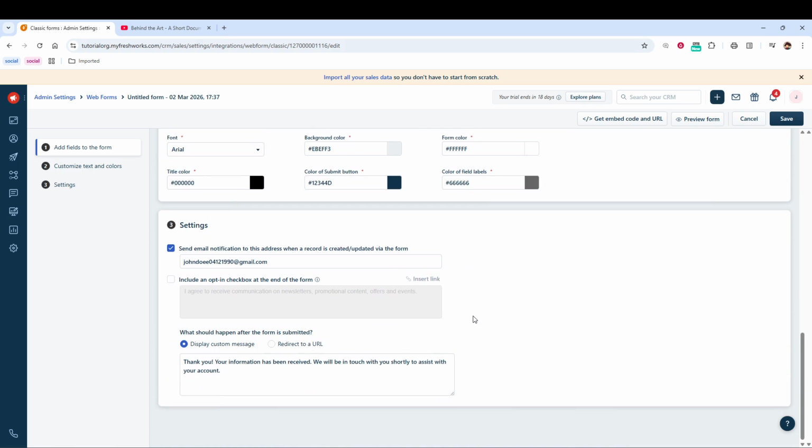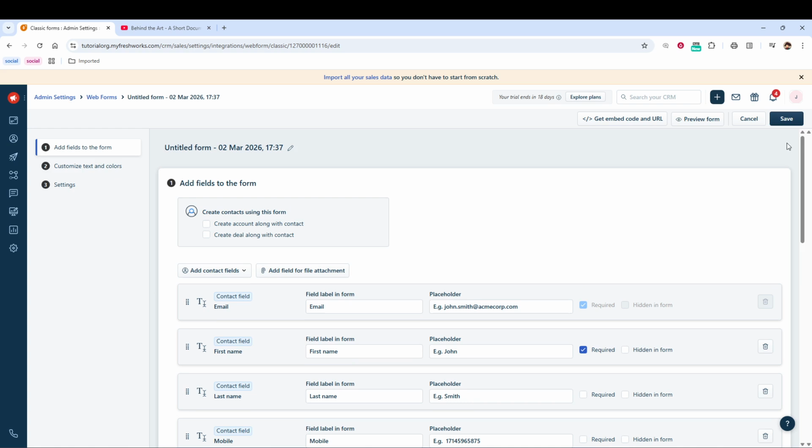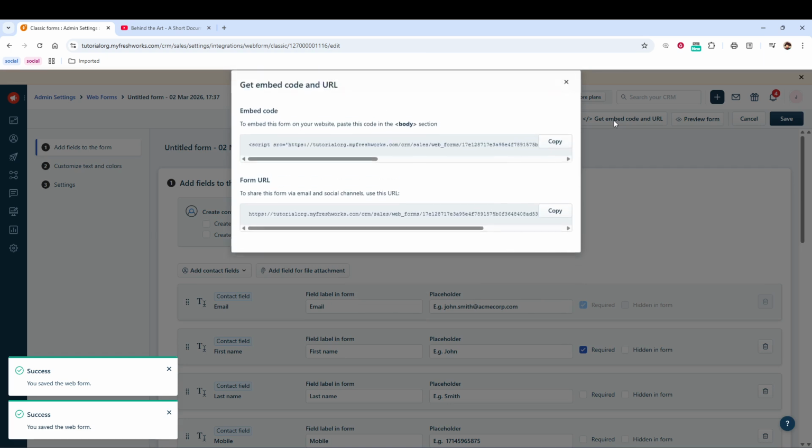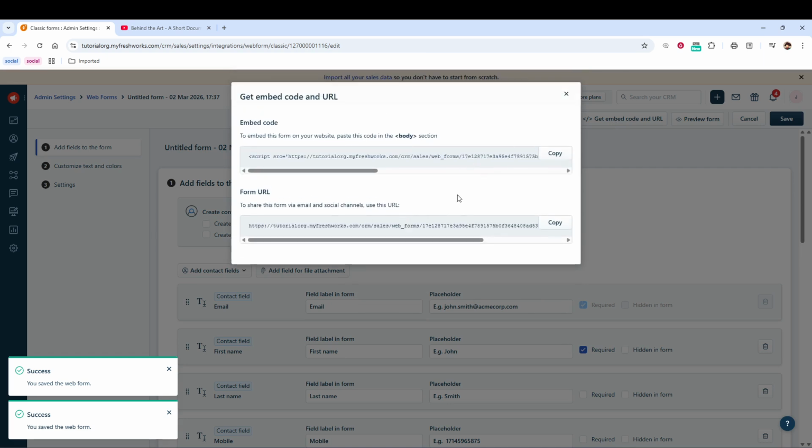When everything looks correct, click Save. Then choose Get Code Snippet. This will provide the HTML or JavaScript snippet you need to embed the updated form on your website. Copy the snippet carefully. Finally, open your website editor and paste the snippet into the HTML body or the footer,